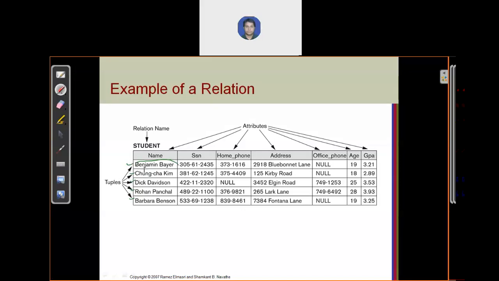This is the name of a student. This is the SSN number of a student. This is the phone number of a student. This is your actual data. The table name and the column names are not your data. They are just for interpreting your data. This is the first line and second.